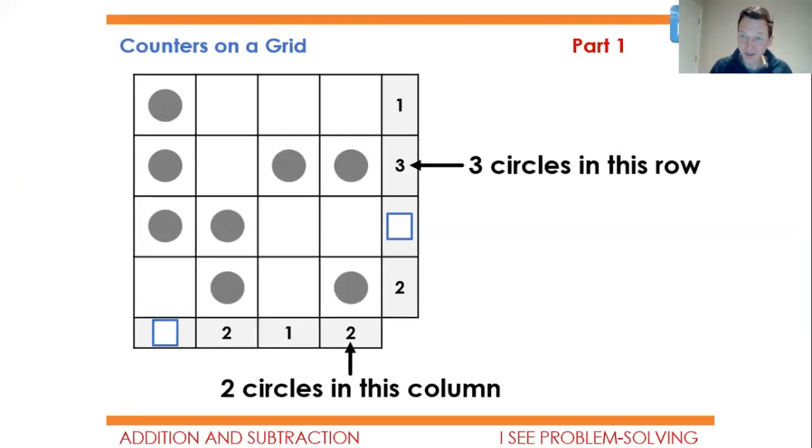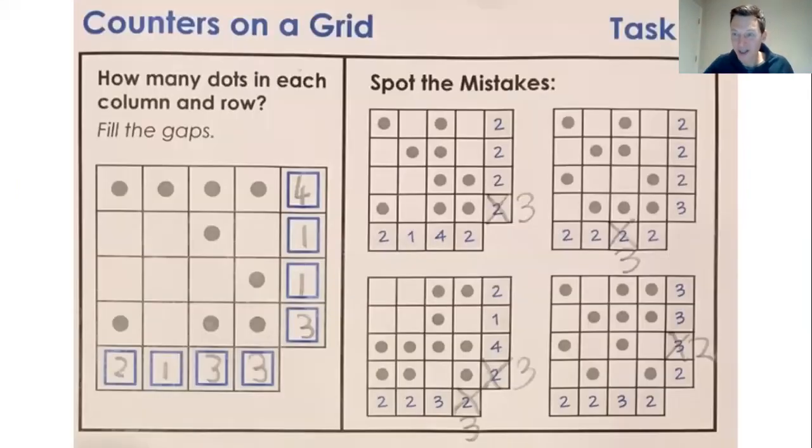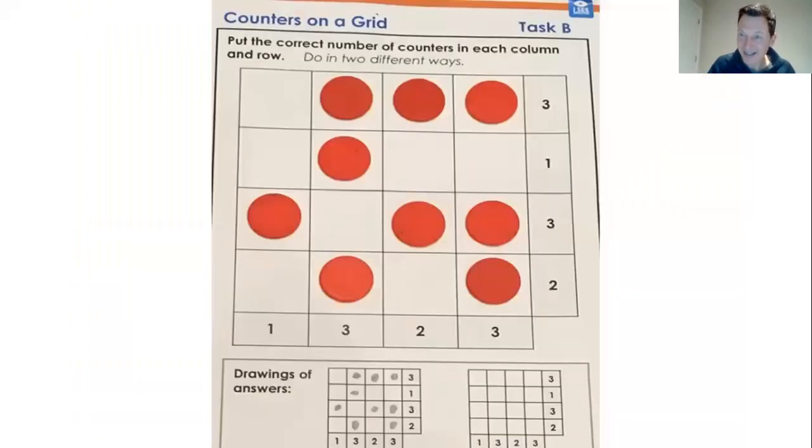The task build-up builds children's understanding of the format of the task, looking at, in this case, how many circles in each column and each row. Children just fill in the missing number, which is worked through in the worked example. It leads into task A, obviously not problem solving, children just identifying the number of dots in each column and each row, spotting mistakes. And that means when they get to the problem solving element, which is here, they've understood